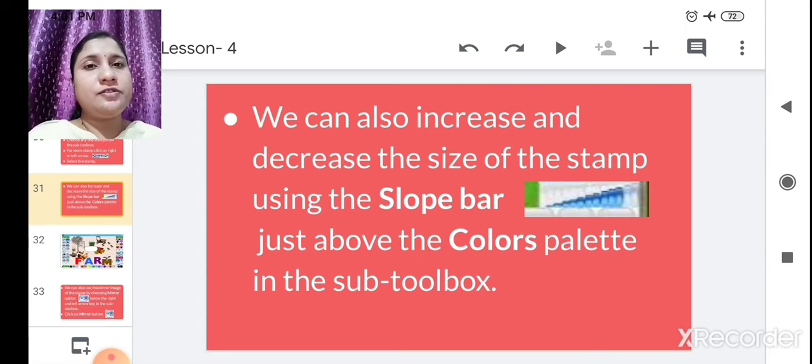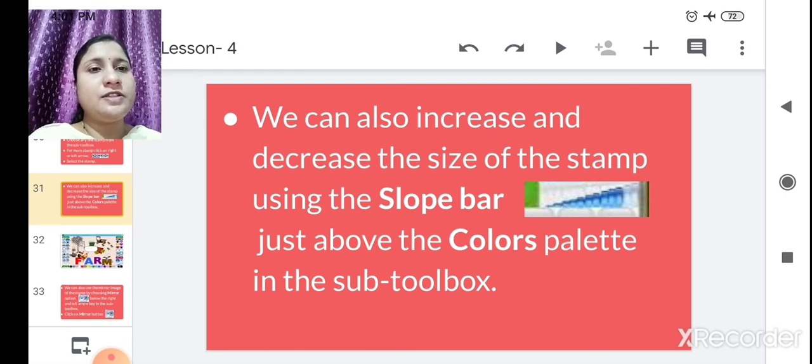And if you want to show a rabbit, you can decrease the size of that image by using this slope bar, which is just above the color palette in the toolbox.